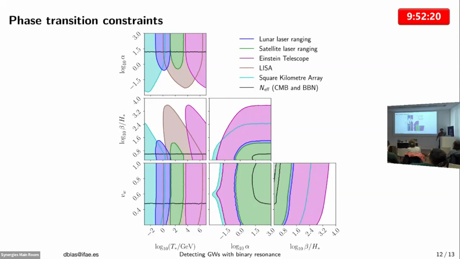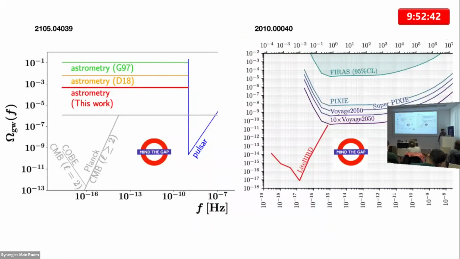So I think it was in a sense unexpected or expected, I don't know. It was a very nice result of this exercise, that already with the Earth-Moon system, if you improve a bit the mirrors, you will be able to constrain this early universe dynamics. Yes, before I finish, there is another gap mentioned by